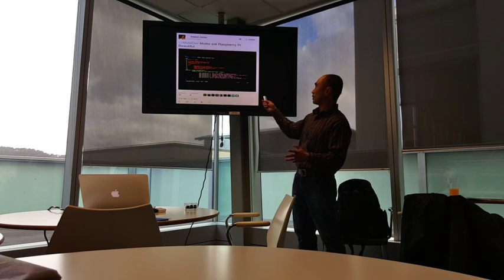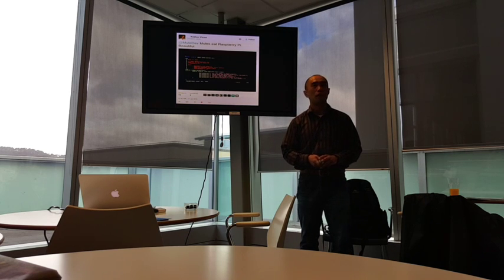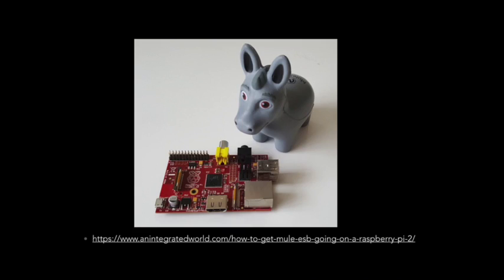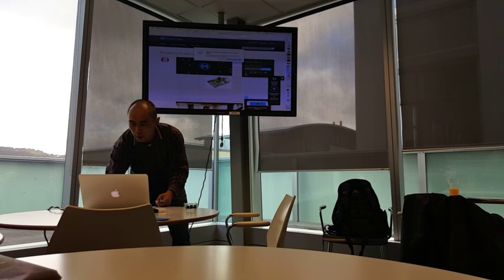It was a bit cryptic. I mean, there's a bit of Java code you can see up here, but it gave me an idea. Why not try my own version of Mule eating a Raspberry Pi and get Mule ESB running on this small device? So what I did is I did a quick search and